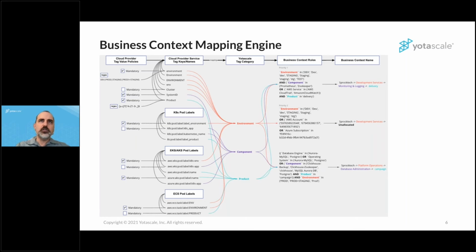So rather than just saying, here's a bunch of tags on instances that were created over the last 5 years, and you have to mentally piece together how to get some sense or meaning out of those, you do that one time in this engine that we have for building business context rules out of tags, and that gives you the meaning that you need to say, oh, okay, I understand now. I can drill down and see,